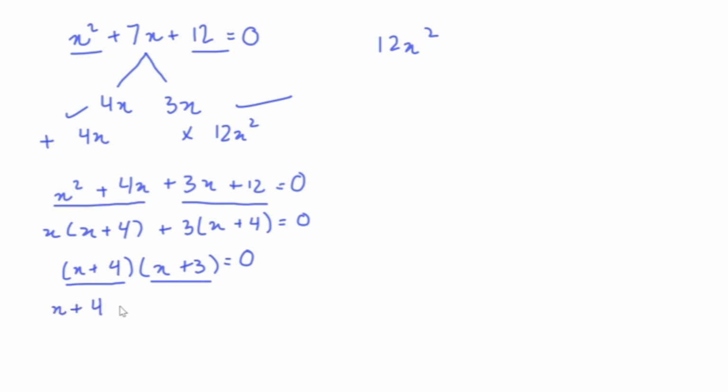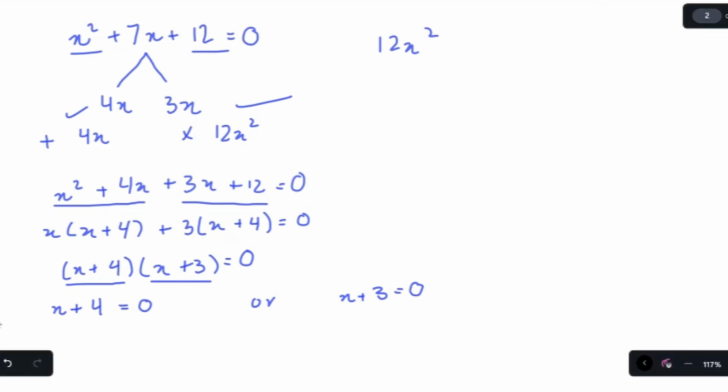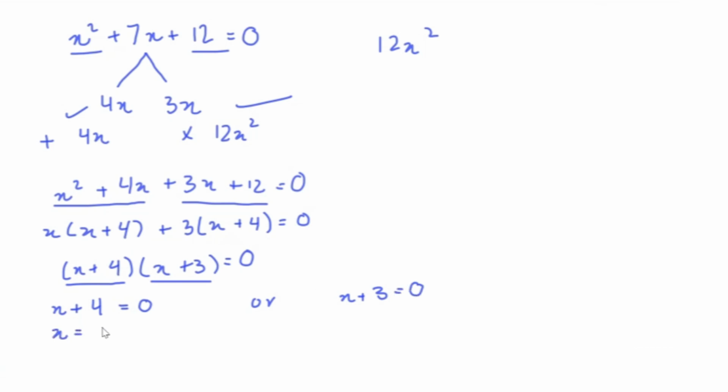We get x plus 4 is equal to 0, or x plus 3 is equal to 0. And from this we get two possible values of x: x is equal to minus 4 or x is equal to minus 3. So this is our second example for factorizing, and